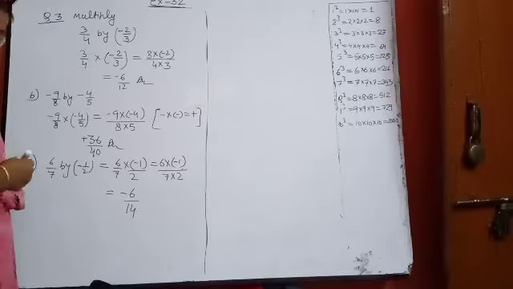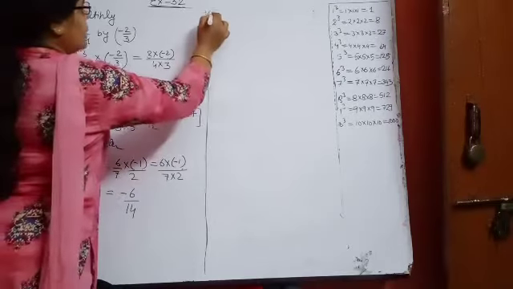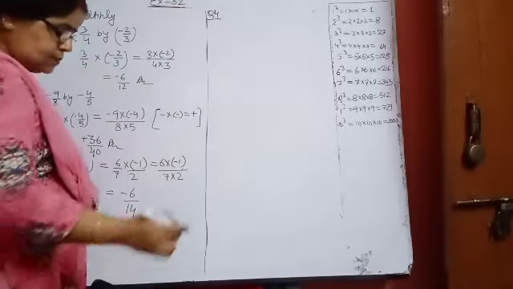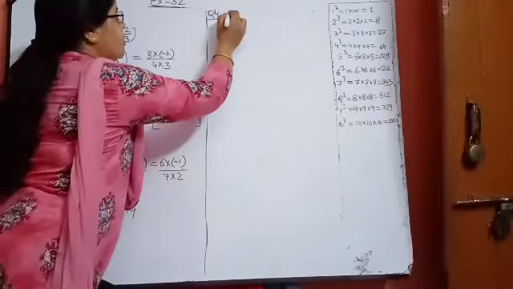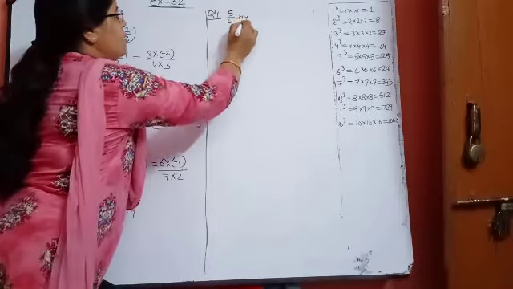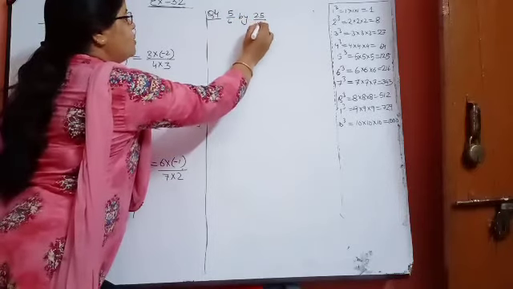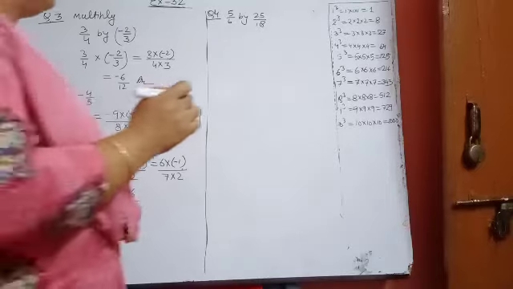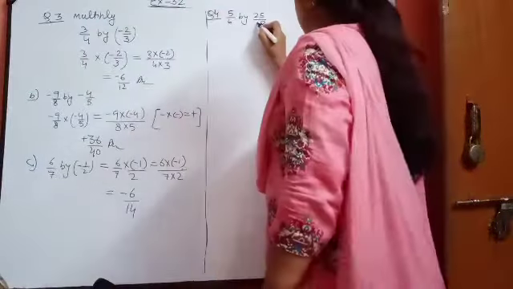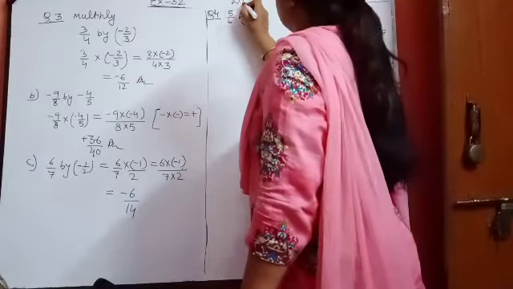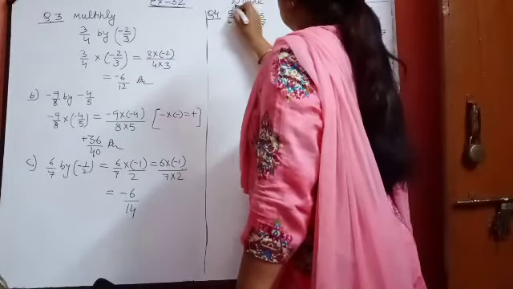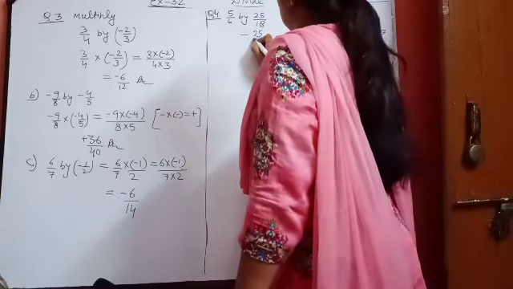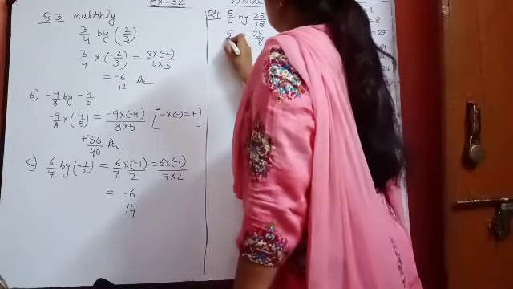Now I am going to question number 4, and question number 4 is divide. Divide 5 upon 6 by 25 upon 18. Division I also taught you in the case of fractions. And what I told you, beta? What do you have to do here? Divide. And for divide what sign are we using? This is 25 upon 18, and here 5 upon 6.